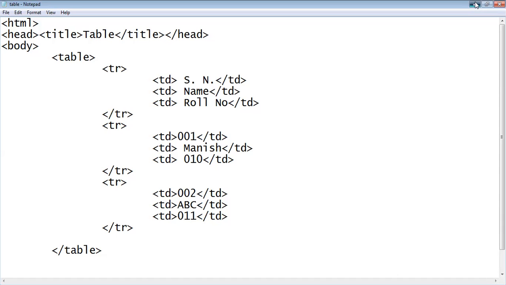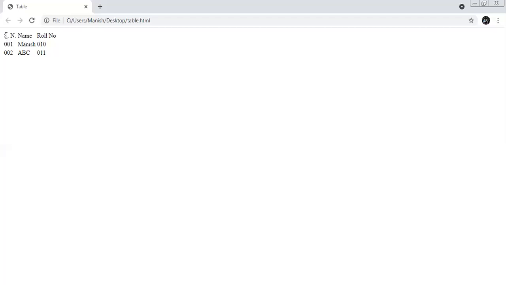So it will take some time. I will show you what the output will be after running this program, which we have created with the help of table row and table data. Now you can see here, this one is the table we created, this one is the first row, this one is the second row, and this one is the third row. And each table row has its own columns, meaning each table row can have its own data.